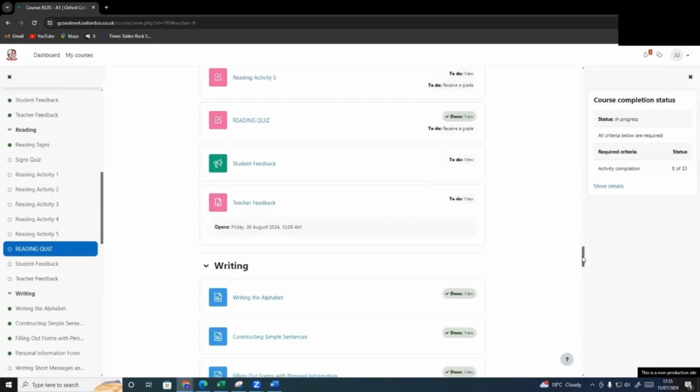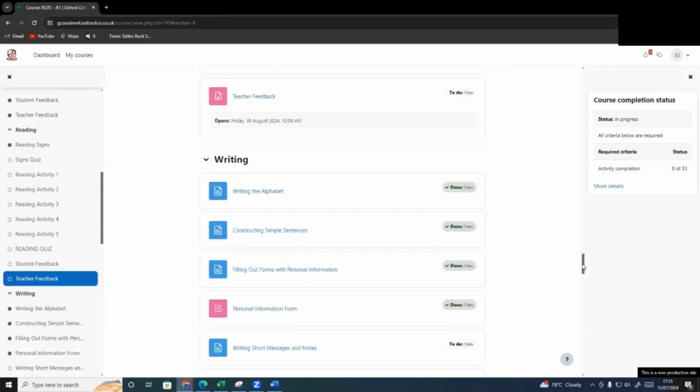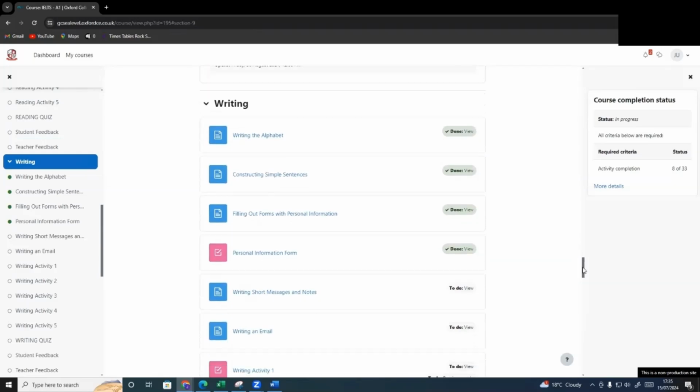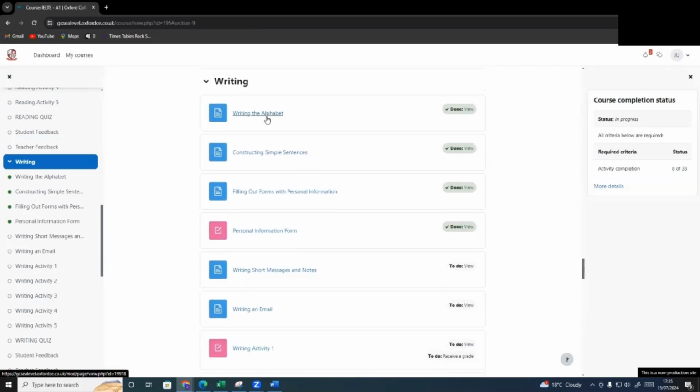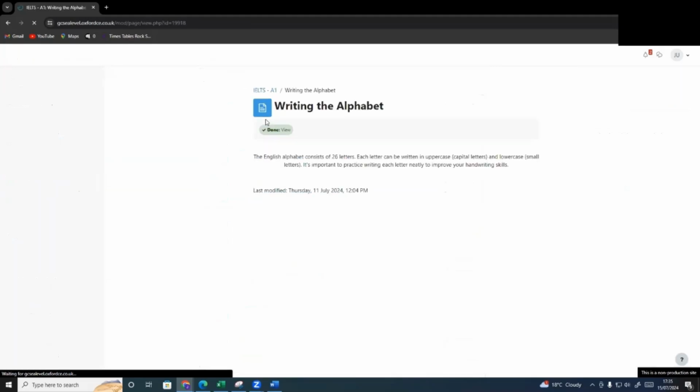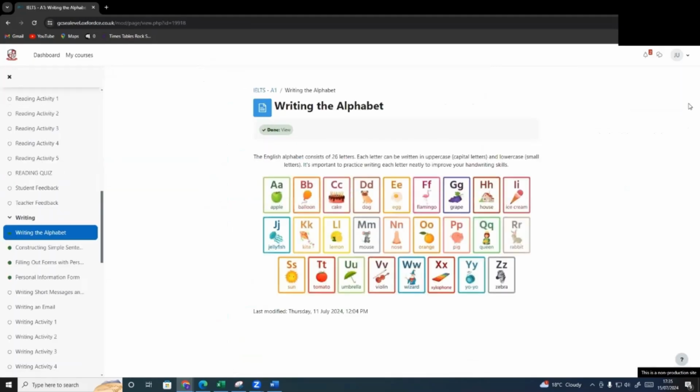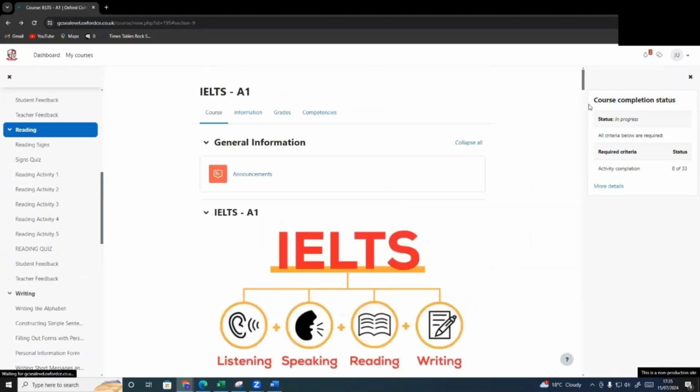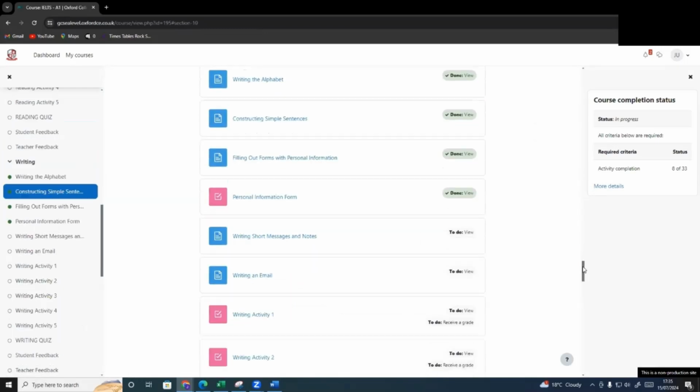Yeah, in case you need more writing or anything. And then we move on to the writing section, where again, there are more notes for you, which you can work your way through. It's important to make sure you go through all of the notes so you're able to perform well in the